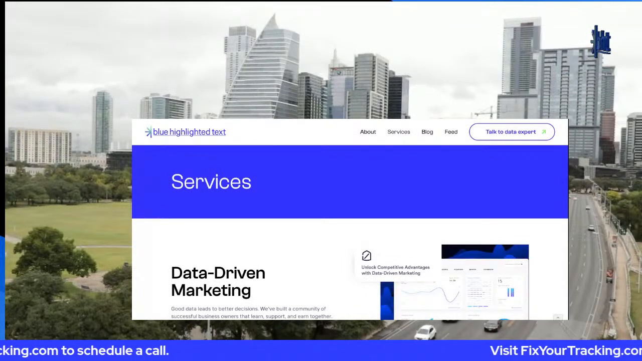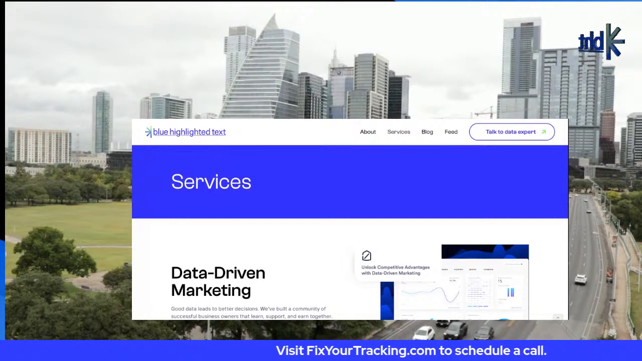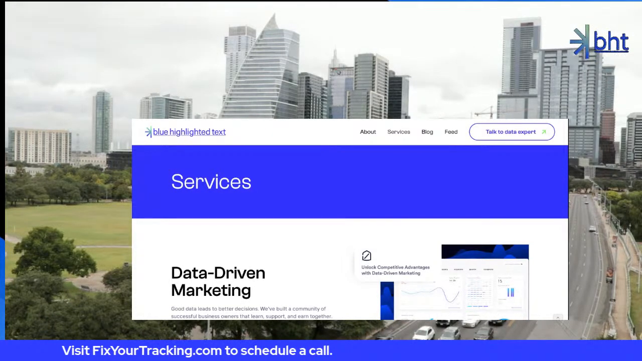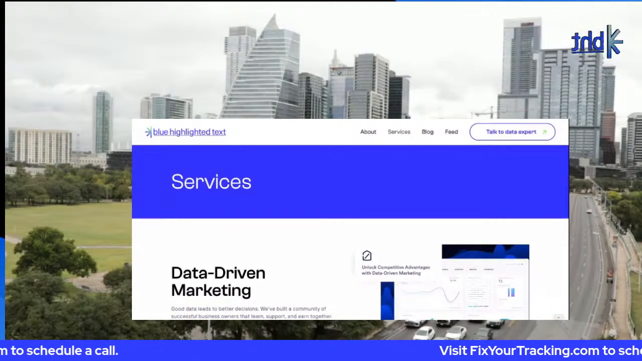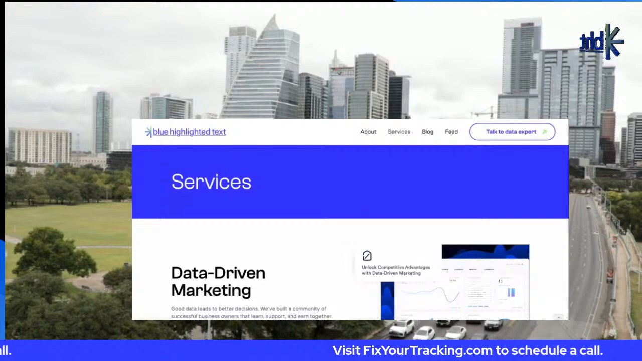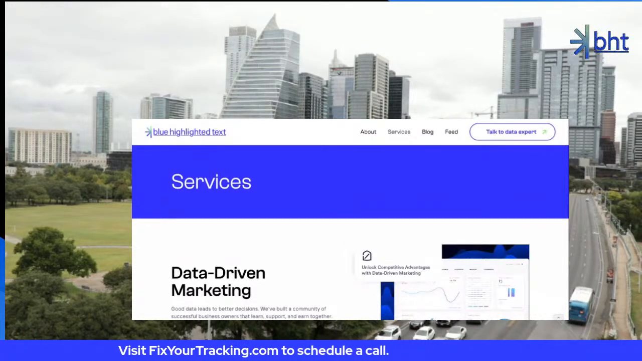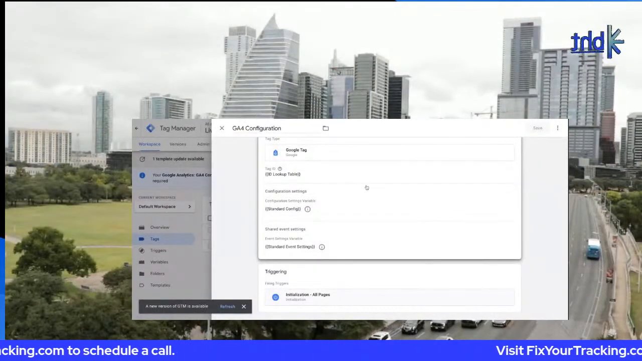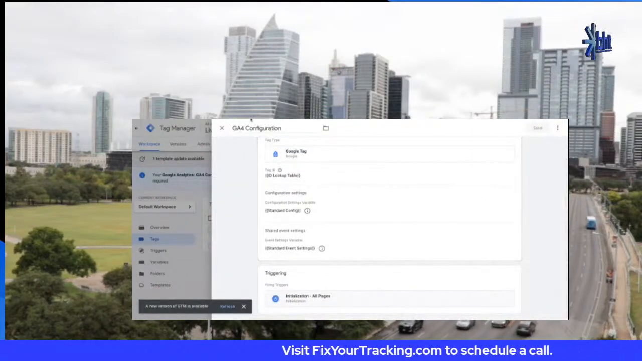Some switches. I just need to go to configuration. I don't want you guys to see everything because you don't need to. Okay, here we go. So for me, what I did is I created a tag ID